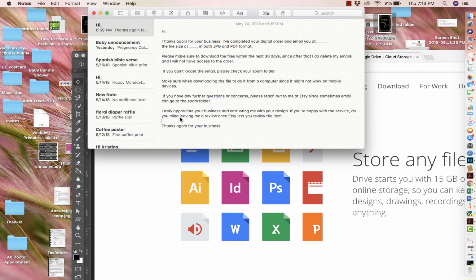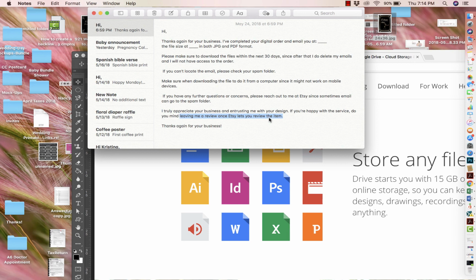That's another thing. Digital downloads, if it's an instant download, they could leave you a review the same day. If it's a digital download that you had to create and then you have to close out the order, they're not able to do the review up to, I believe, 6 to 7 days later. So make sure that you put that there, because a lot of times they'll message you back and say, I was trying to leave you a review, but I can't do it. So just make sure that you let them know once Etsy lets you review the item,